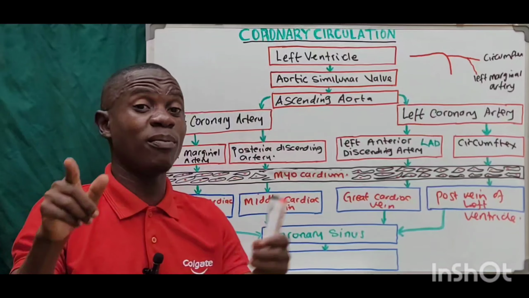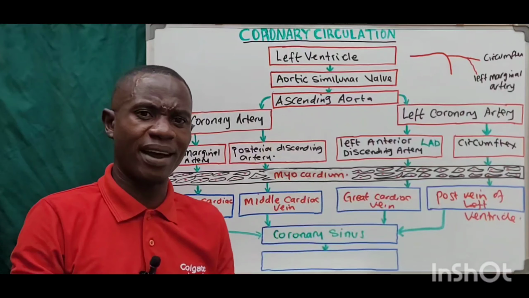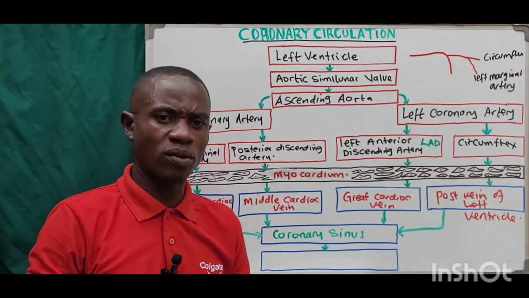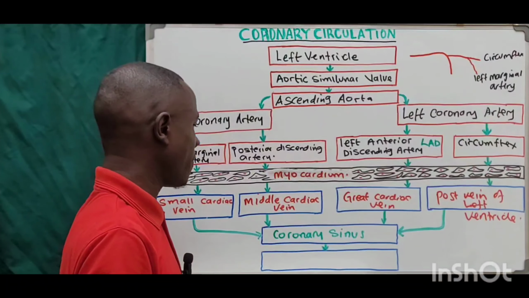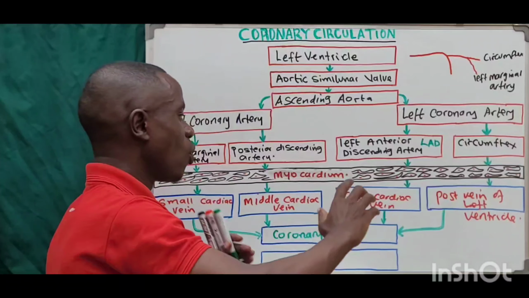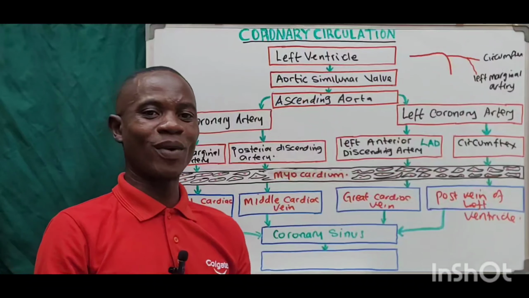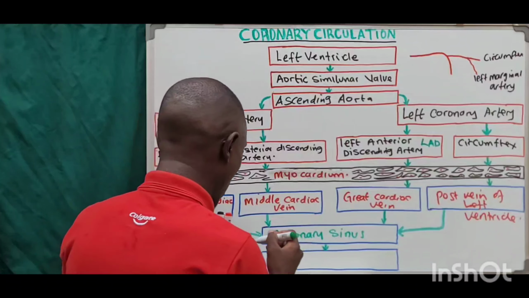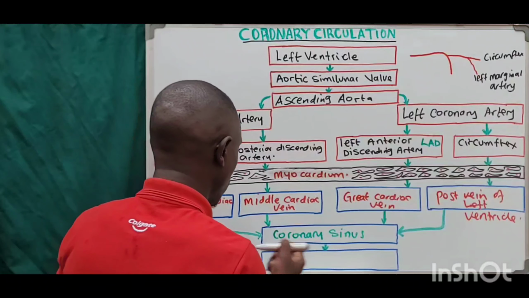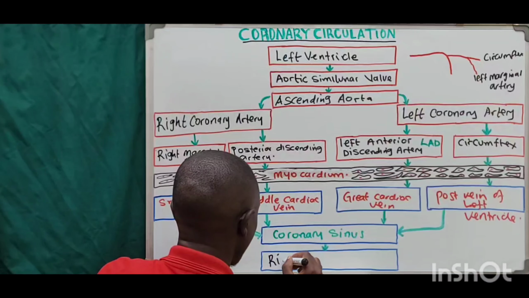Super important. If you remember very well, when we were talking about the anatomy of the heart, we talked about the location of the coronary sinus. Eventually, the coronary sinus will now convert all this blood and pour it into the right atrium. Okay, so now our last portion is going to be the right